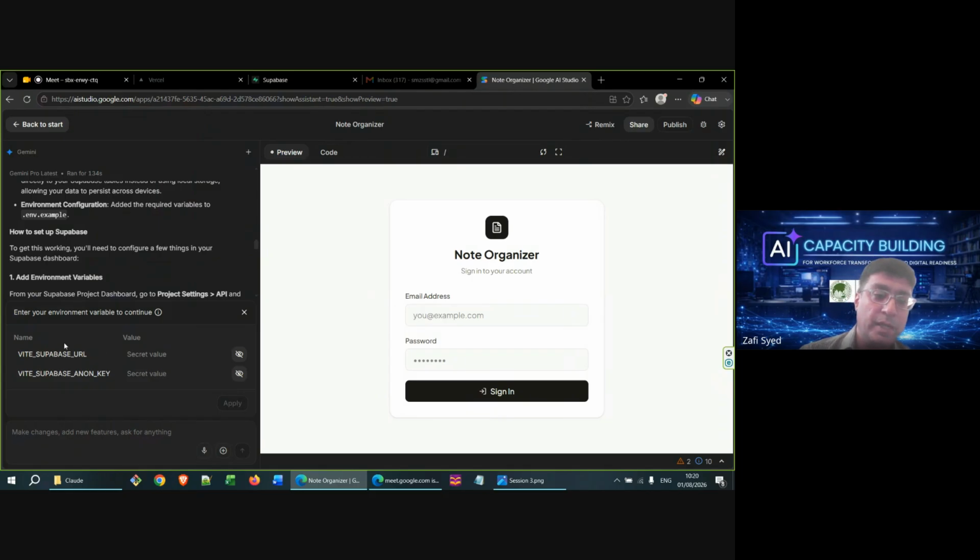Now, just so you know, anon key is now called publishable key. So it's been updated in terms of terminology. And what we expect is that when a newer version of AI Studio comes, they will probably change it to publishable key as well, or something similar. However, from running the code perspective, it's fine because this is, again, just a variable name.